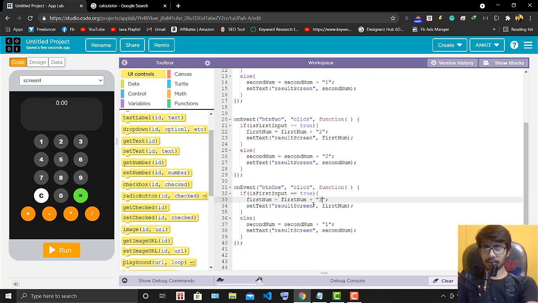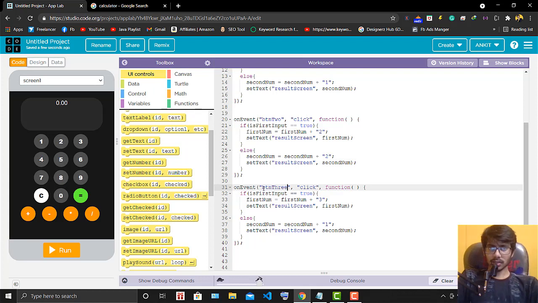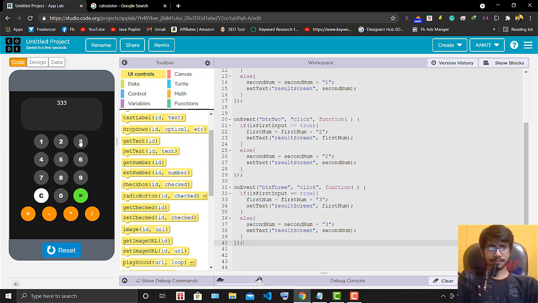Here I will make it 3, on clicking btn 3. When anyone clicks on button 3, then 3 should be printed, right? Now look, 3 will be printed, 1 is working, 2 is working.